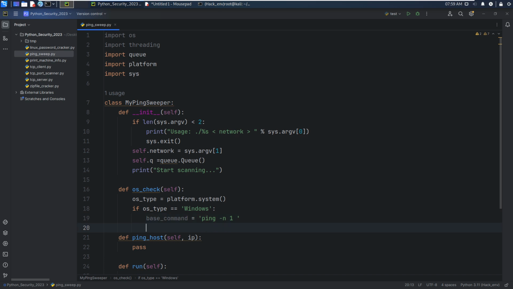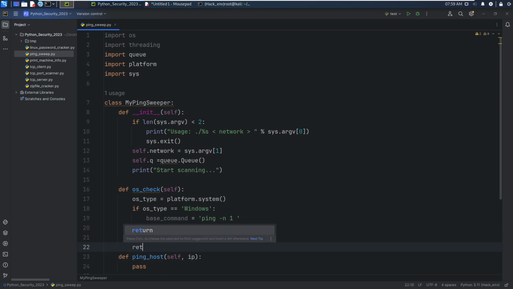Okay, otherwise the base command would be ping with the option of -c, and then we can return the base command.